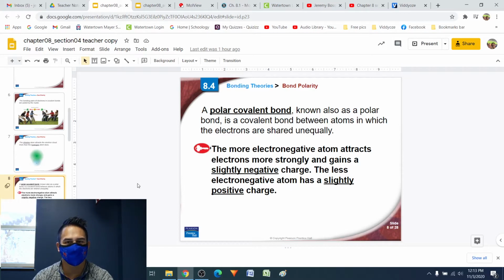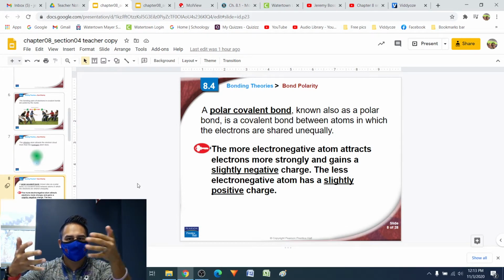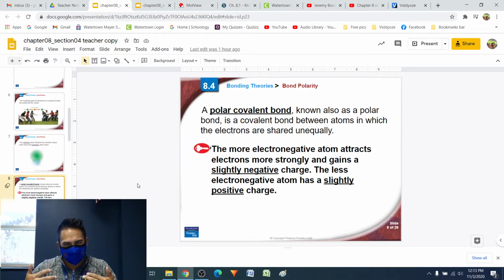So electronegativity is a term that we use to talk about how badly an atom wants electrons. The more electronegative an atom is, the more it tends to want to pull electrons towards it, okay? The less electronegative it is, the more likely it is to want to kind of push electrons away from it. So when you have an atom that is more electronegative than another one, the more electronegative atom will tend to pull electrons closer to it and give it a slight negative charge. And the less electronegative atom will then have a slight positive charge because the electrons have kind of been pulled